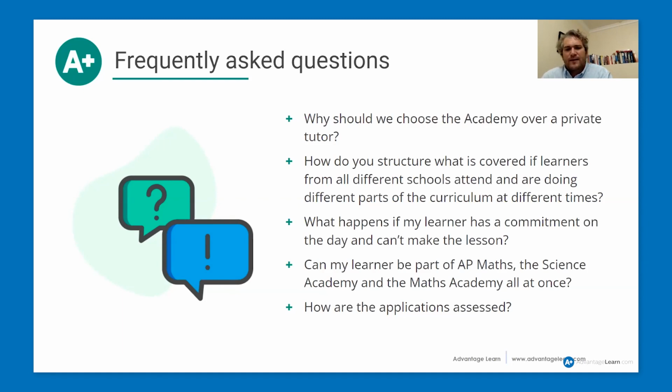How are the applications assessed? Our applications are assessed by our Director of Teaching and Learning, Trish Pike. And basically, we look at your latest report and we look at your motivation, which you submit in the application form, and what goals you're setting for yourself in the program. And based on that information, we make a decision on whether or not this program will help you to achieve those goals, and whether or not you are well aligned to the ethos of the academy or the advanced programs, and therefore set up for success in them. And that's how those applications are assessed.